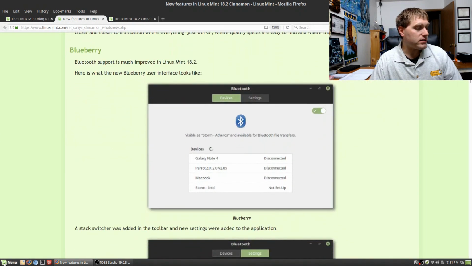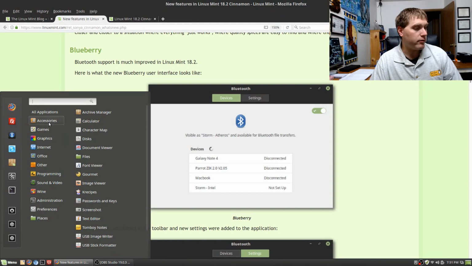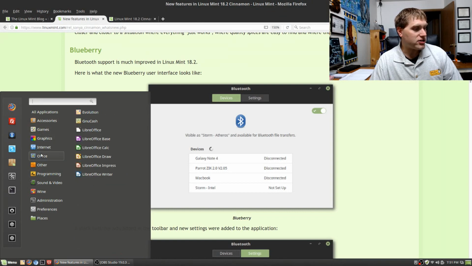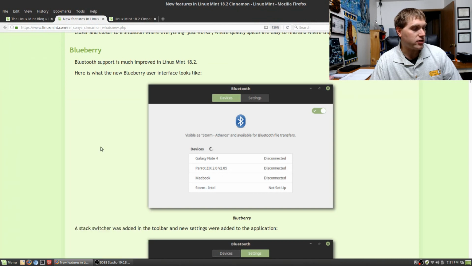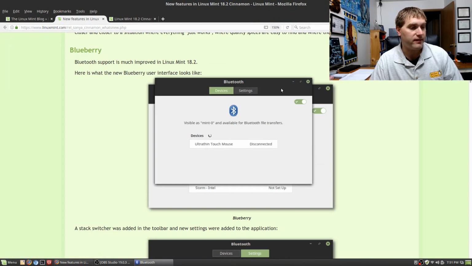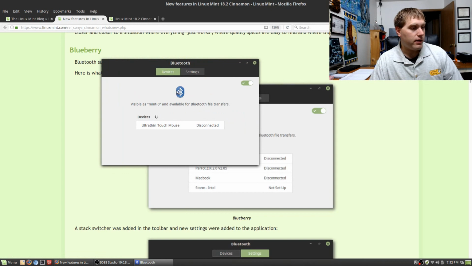Bluetooth support is also improved, and I actually had to go through and reinstall my Blueberry. I don't actually use Bluetooth with this computer, but it is an option. So you can see here that ultra thin touch mouse. I'm thinking I had plugged in my micro mouse to this computer a while back. But you can see that we have